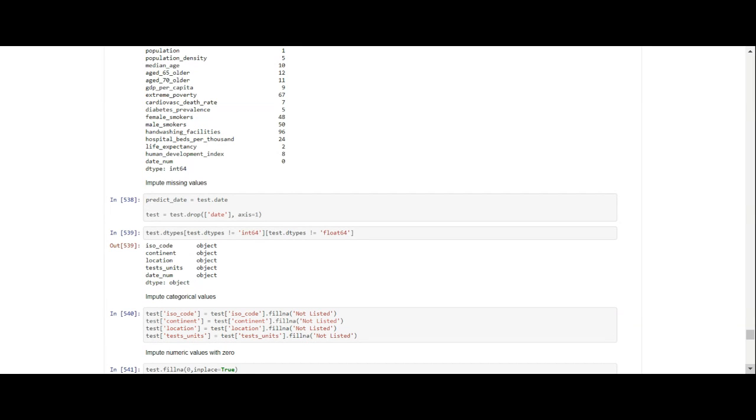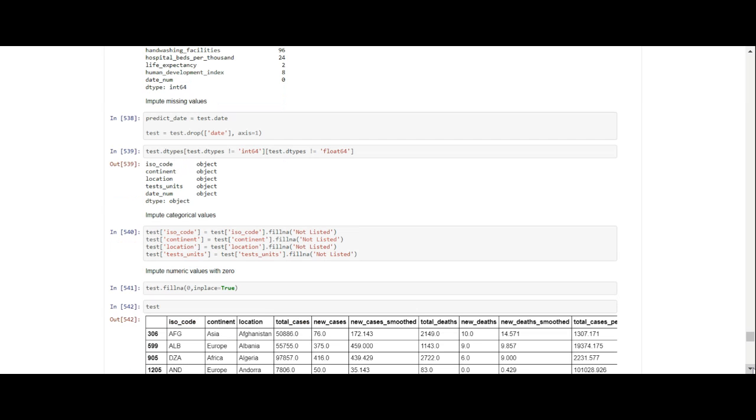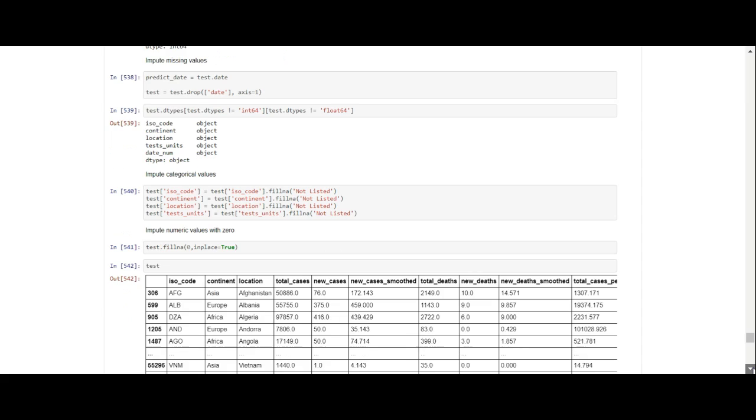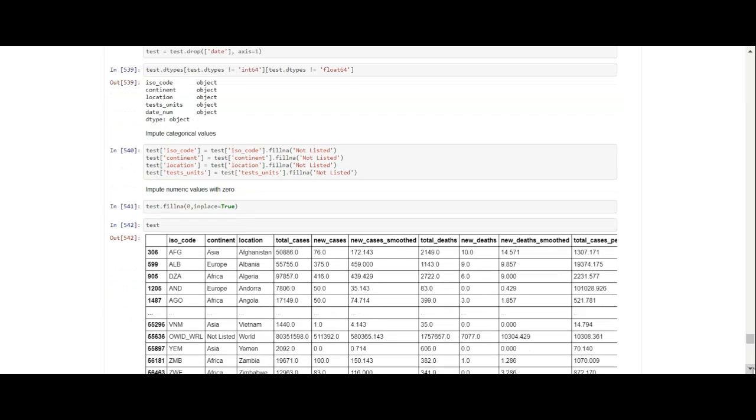Predict date equals test date, test equals test dot drop date. So we drop the date from the column. Then we want to check to see how many columns are not numeric. We get a list of that, and we impute all of those columns that are not numeric and just put "not listed" in all the null values.